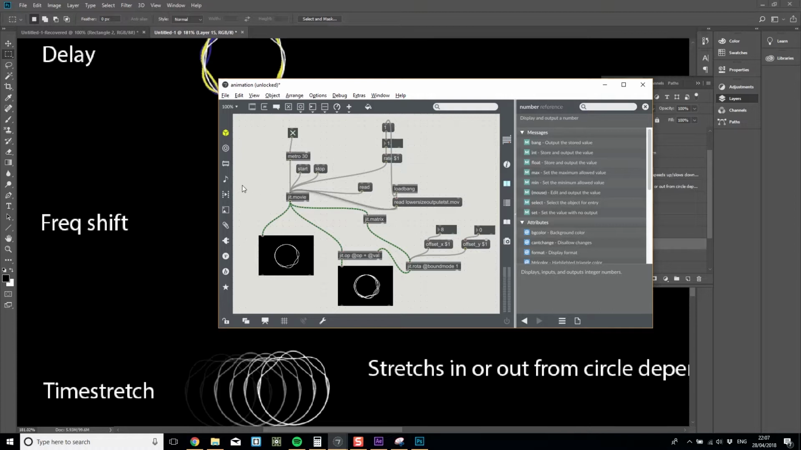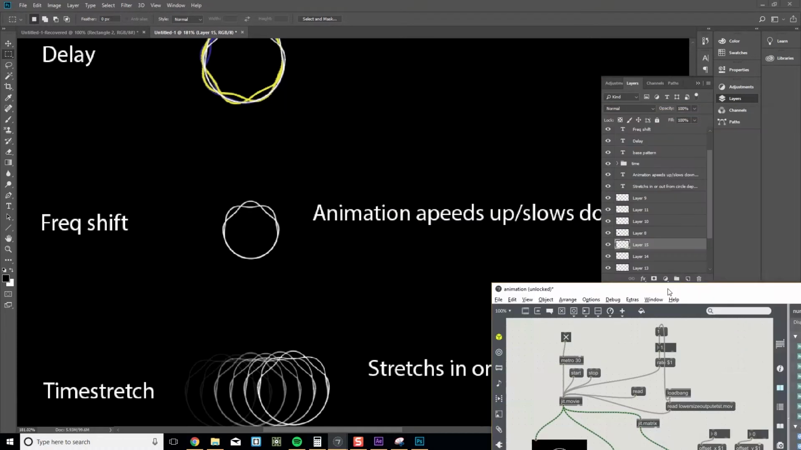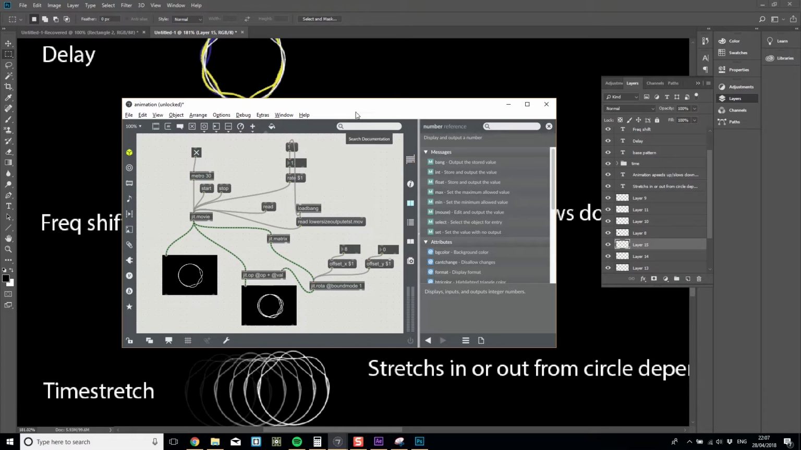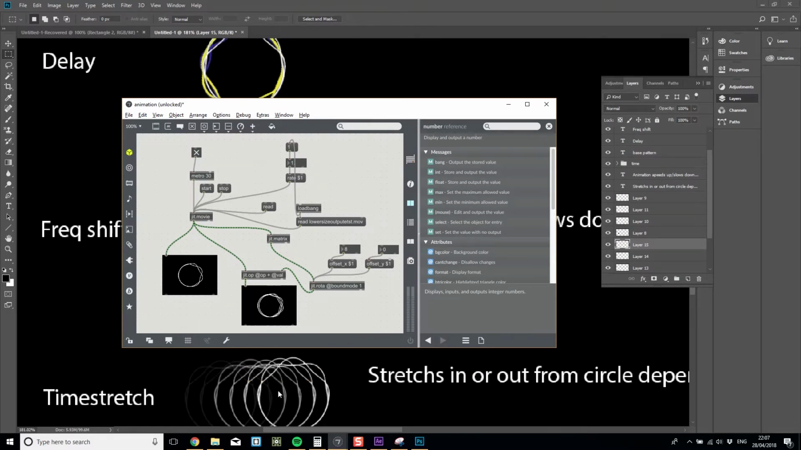So we have something that allows us to control the rate of it. So we can do our frequency shifting. Animation speeds up or slows down. We can do our time stretch effect. So we just need something that lets us work out how many pixels we want to move it to the left or to the right. And then we also need to work out how to add multiple. So I'm guessing, what happens if we just do